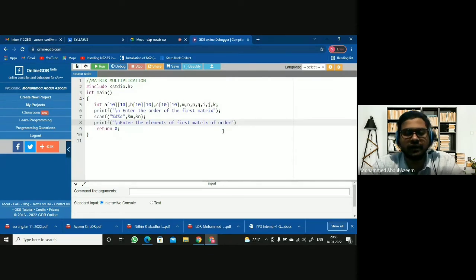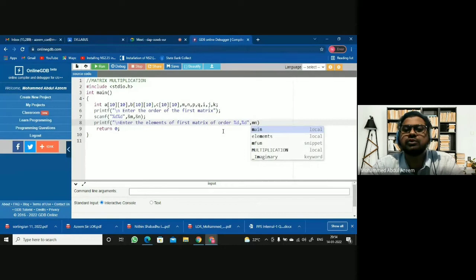M by n, right? So I am giving the m n size. You have to read M comma n, which I've already read here.